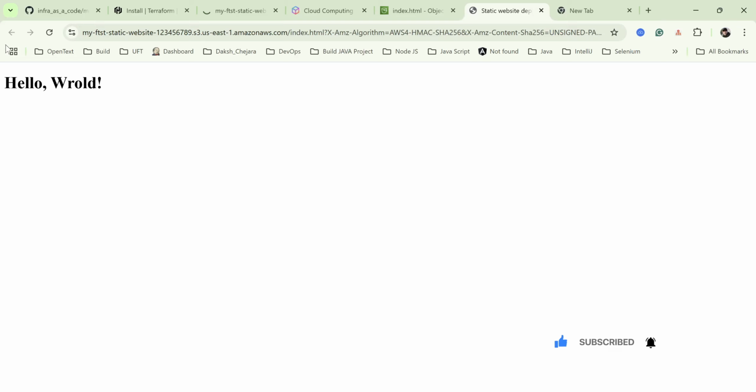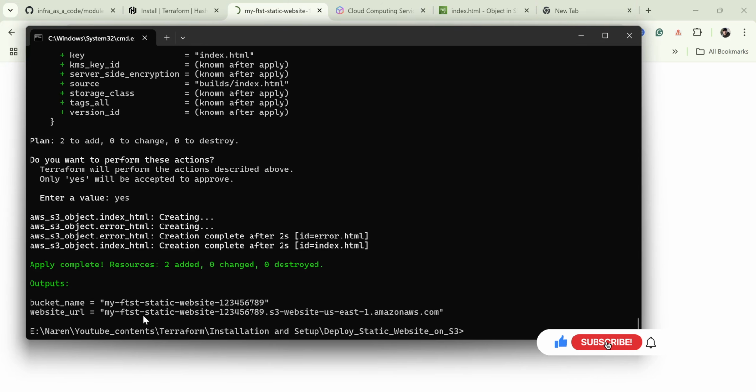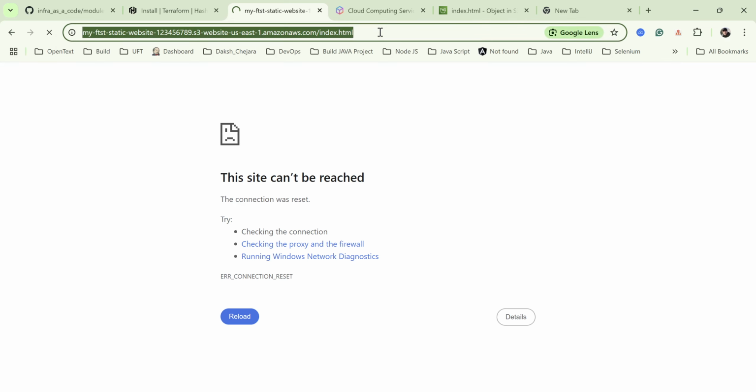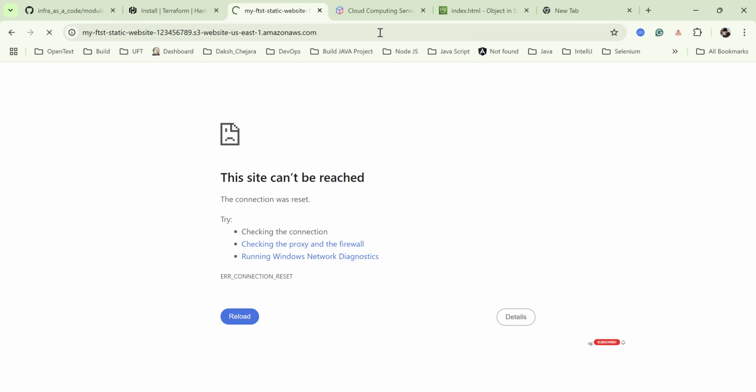We have the hello world. This is very simple HTML, it is supposed to work here, but wait a second. We have to check our endpoint. There may be a possibility that we have a different endpoint. Let's try.